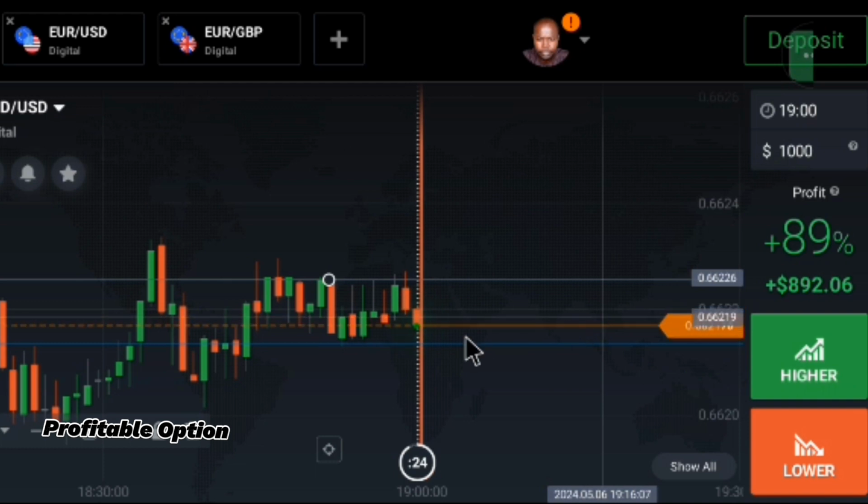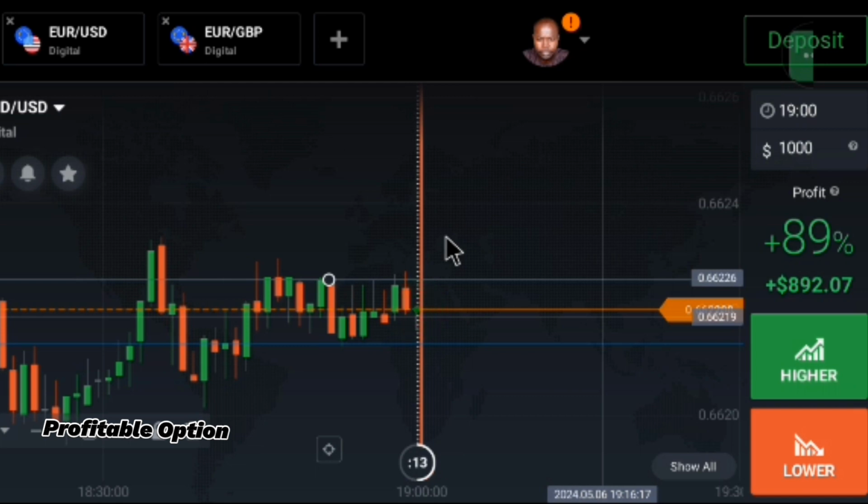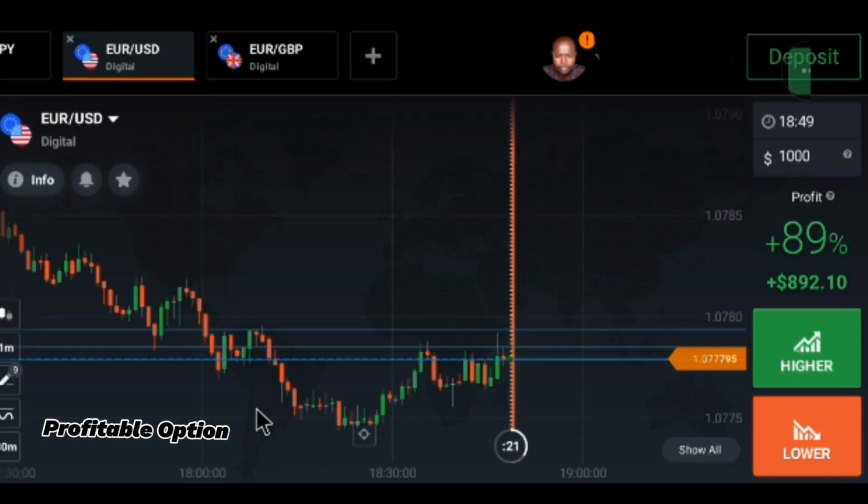Okay, so actually it was a risk I took. All right, it could have actually broken out of this zone. All right, this resistance zone could have broken out, but because of the